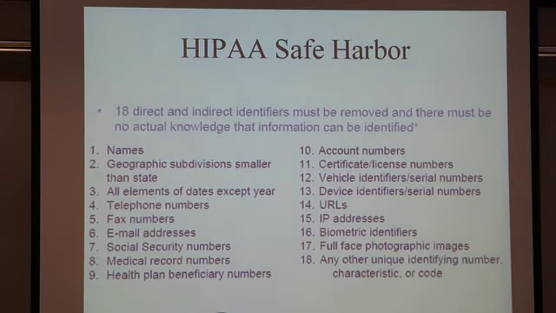And what this rule requires in order for information to be de-identified and therefore released without restriction under this law is that this list of 18 direct and indirect identifiers have to be removed. There are various nuances with respect to things like the ability to use the first 3 digits of a zip code potentially and not just the entire state, but this is the basic idea, right? But even if we allow, for example, the first 3 digits of a zip code, right, but not the last